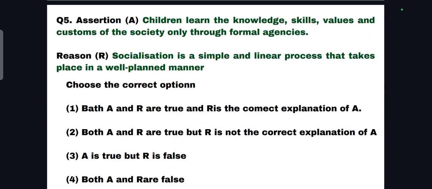So we are dealing with Child Development and Pedagogy, Chapter 4, Socialization Process. In our previous class, we already discussed 4 questions. Today we are going to deal with our next question, number 5. It's an assertion-reason type question. We know that as per the recent trends in our exams, there are lots of assertion and reason type questions